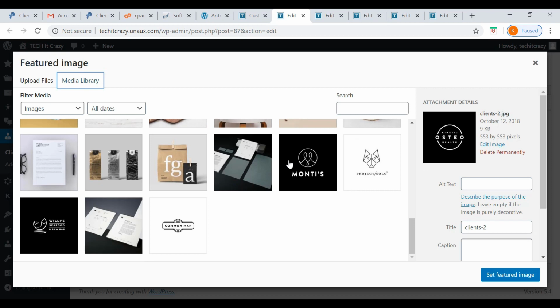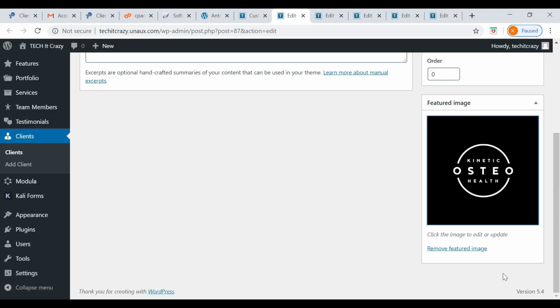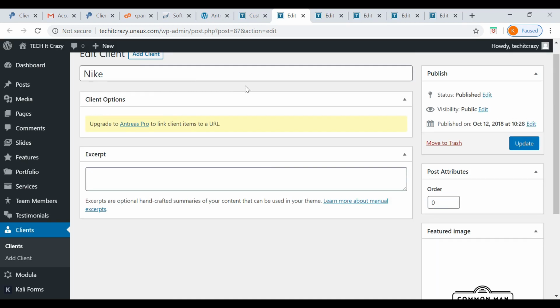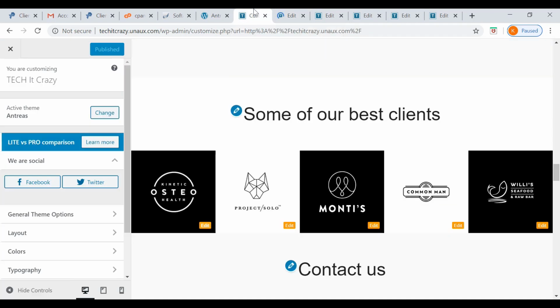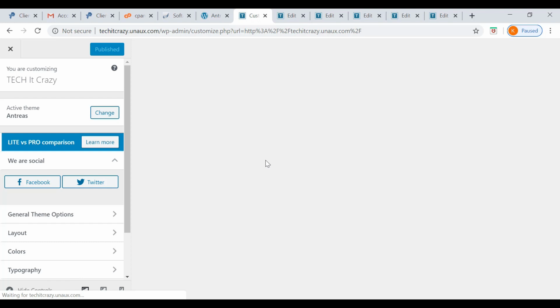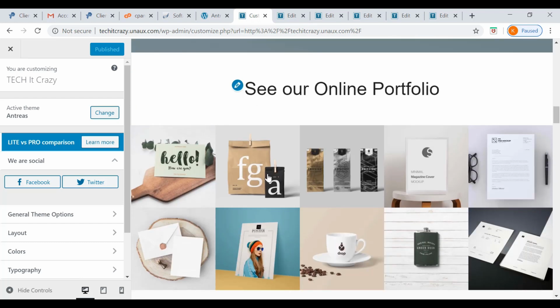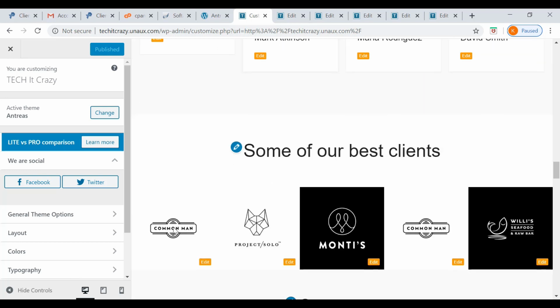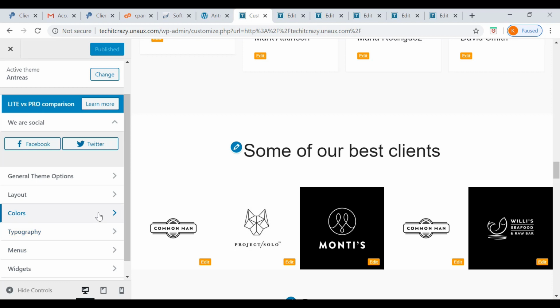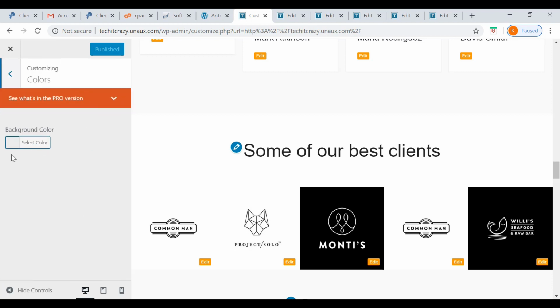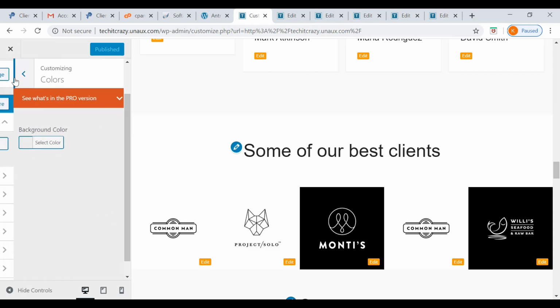If you want to add clients, you can click on add clients from the left tab. So now I have changed the existing default client to Nike. Now if you see here, yes, it is updated. For this showcase I am just using the default image, that's why.